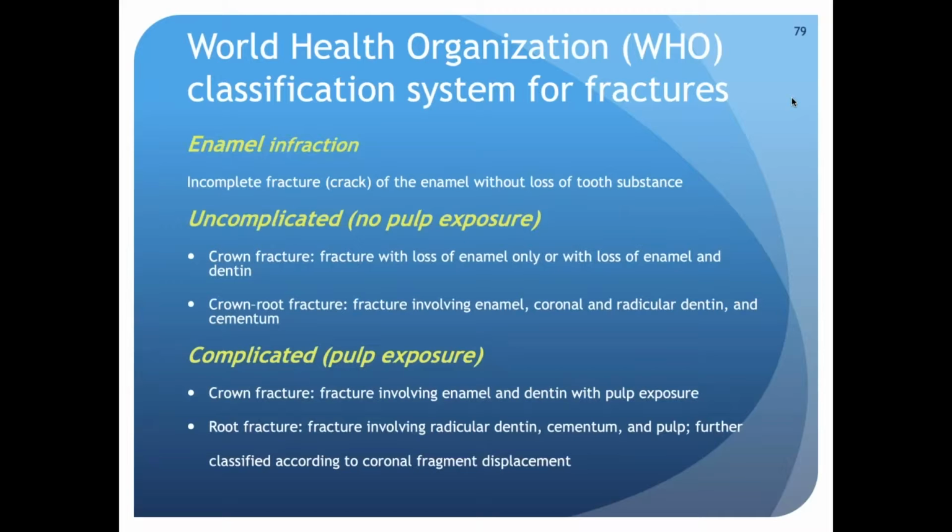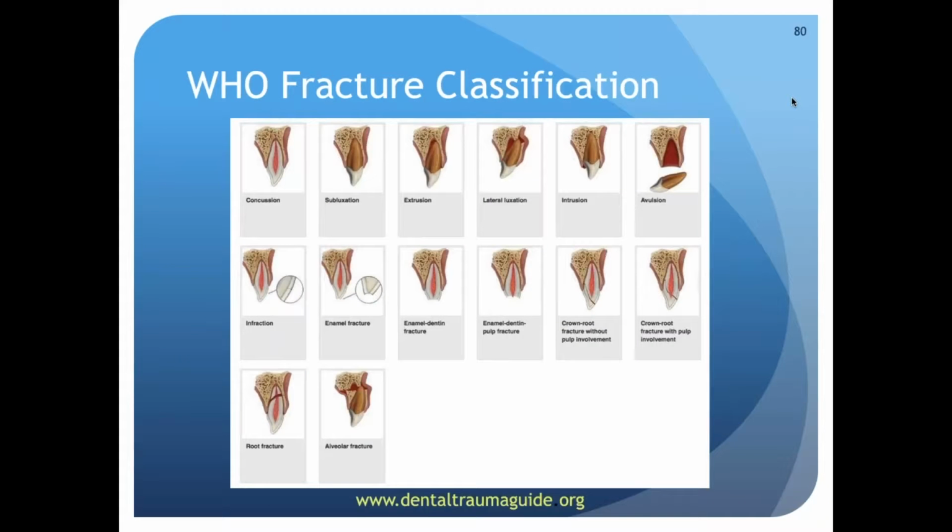Then we have our complicated crown fracture. So we have an exposed pulp, and our complicated crown root fracture. Again, our radicular dentin and cementum are involved, and the pulp. And then we may further classify that according to how the coronal fragment is displaced. So here's that WHO fracture classification